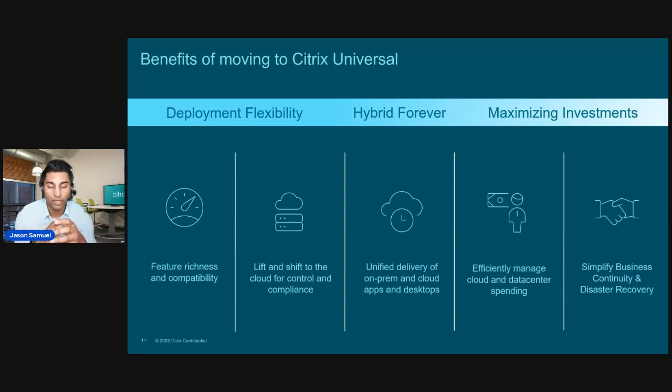So in the past, you may have heard of the ability to get hybrid rights to be able to move to the cloud, but then you have to be completely moved over by a certain time frame. This is not that. Citrix Universal means hybrid forever. So if you can run it wherever you need forever, you have full flexibility. There's no time limits on anything. There's no push that you need to get anything into the cloud control plane. You can be on-prem, you can put the workload on-prem, and you can leave it like that for the next 10 years. It's up to you. But essentially what we're trying to do is just give you that unified delivery and that flexibility to do whatever you need.